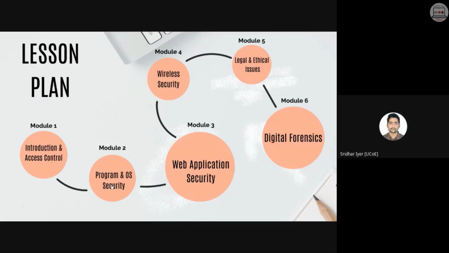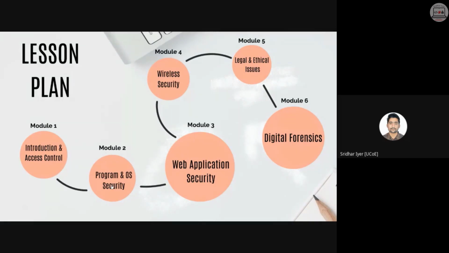In module number 4, we are going to learn about the various wireless technologies available. You are well aware of WPA and WEP, the wireless encryption protocol standards. We are going to learn about them in more detail, and about the various algorithms used in them. For example, in your previous semester, you learned about RC4. If I'm not wrong, it was a stream cipher. The main application of RC4 ciphers was in GSM technology. The GSM phones which you use are basically encrypted using RC4 or RC5 to be precise.